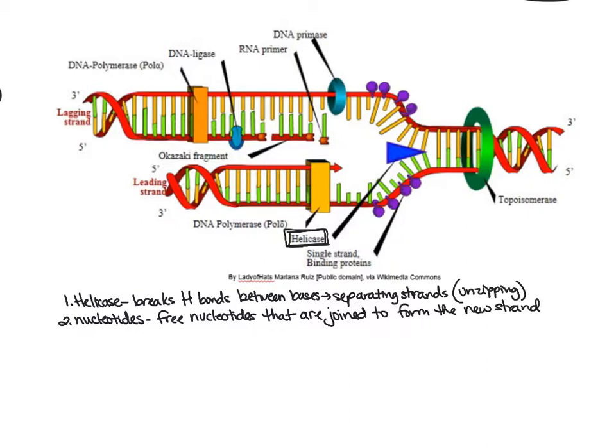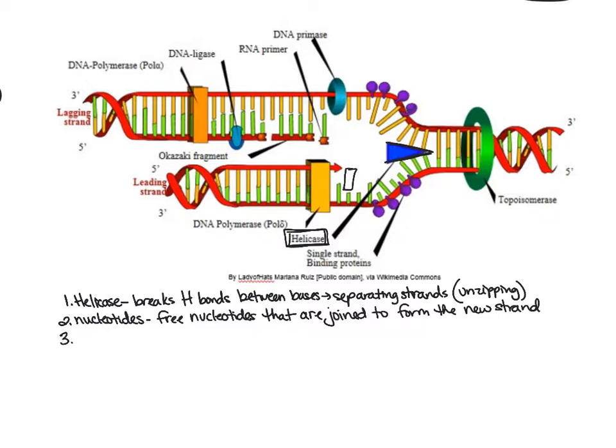So here we have helicase. Helicase is separating the two strands for us, kind of going through and unzipping, breaking those hydrogen bonds. And then, in order to add complementary base pairs, we're going to need free nucleotides to add on. So if we don't have free nucleotides, if we don't have the building blocks, then we can't build our DNA. We can't build our polymer.